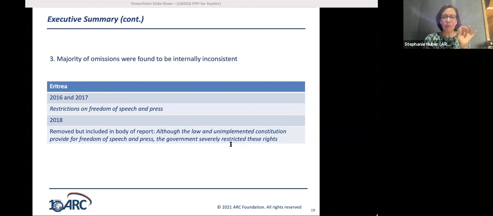And this is despite the fact that in the main body of the report, it continued to document that the government severely restricted freedom of speech and press, as it had done in the previous editions. And interestingly enough, in the 19 and 20 reports, this issue was reintroduced in a slightly amended form to the executive summary. So just to summarize what we found, and the key message we want you to take away is,